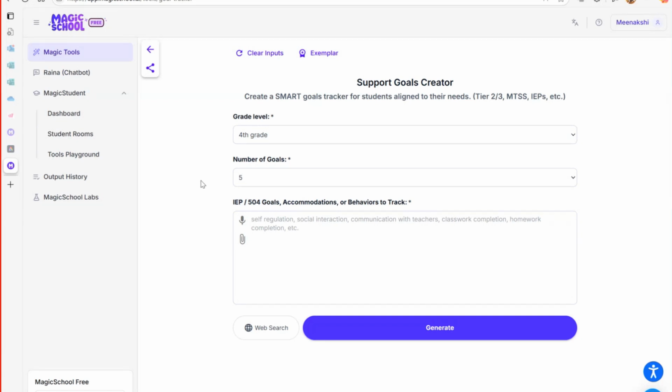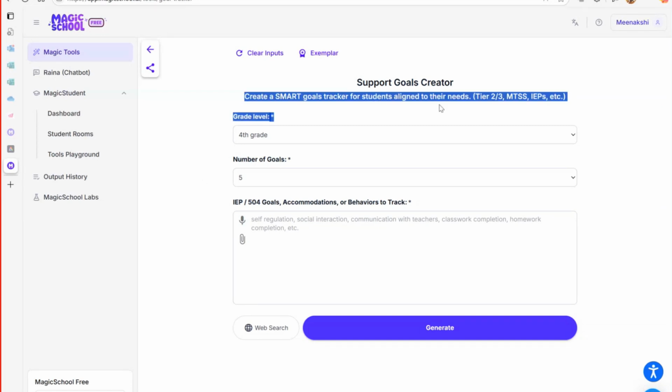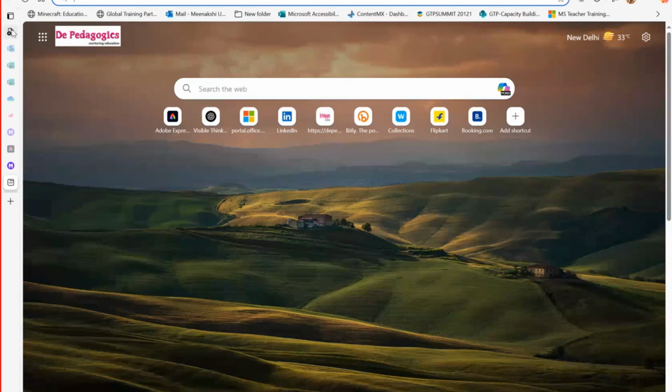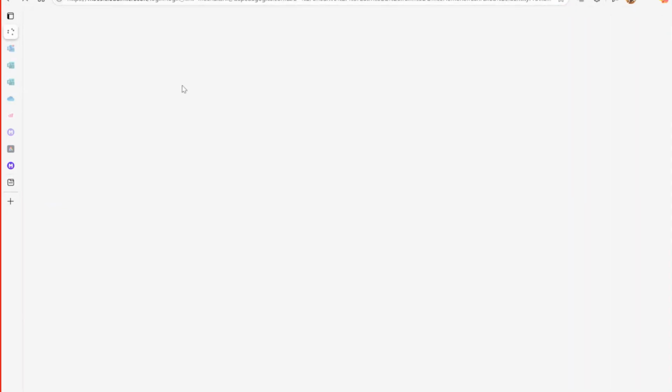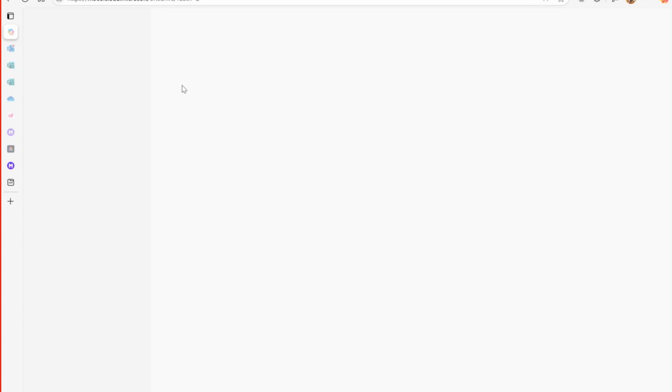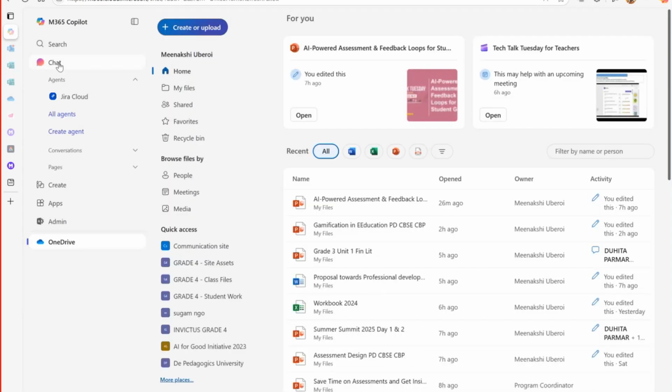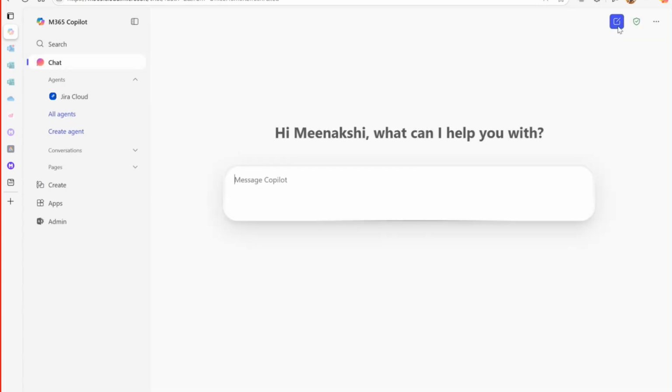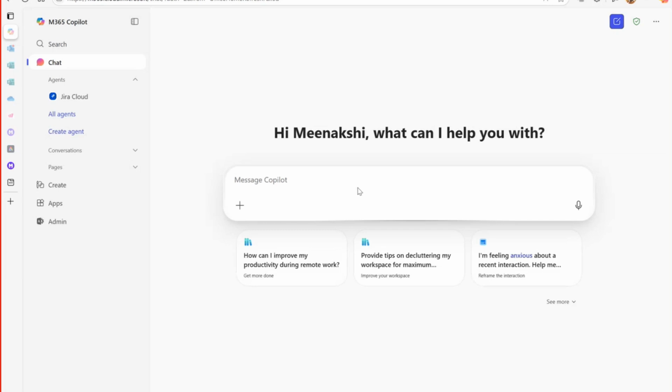As far as Copilot is concerned, let's say I'm going to take this and I'm going to go for Copilot. Let me just see if it's open somewhere here. I normally have it. Just give me a minute, please. Here you go, chats, and I'm going to go for a new chat. Okay, here I am. Create smart goal tracker aligned to my students' needs